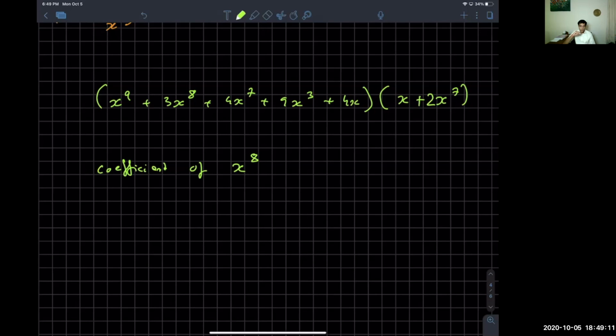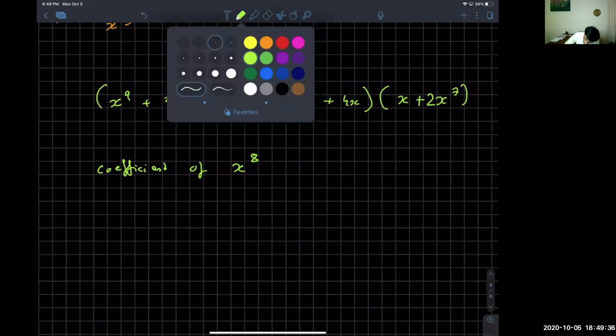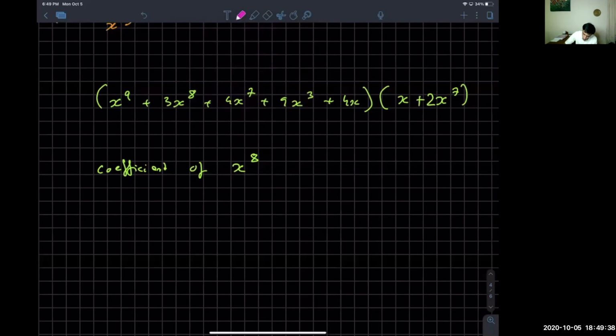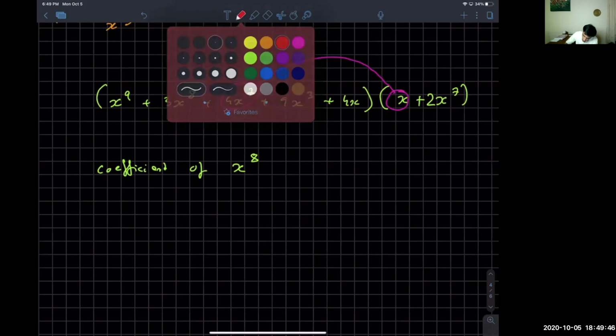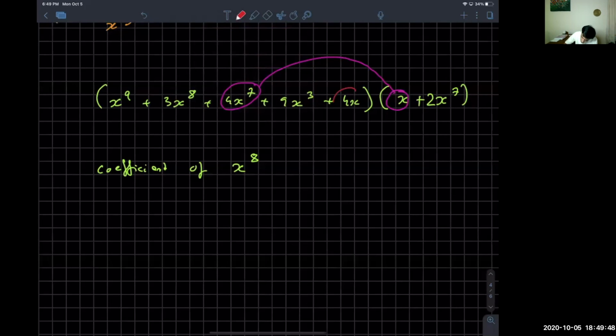Can you do this for a second? What's the coefficient of the x to the power 8 term? Okay, so to do this, there's 2 ways we can get this. First is we multiply 4x to the power 7 times x, right? And the second way is we multiply 4x times 2x to the power 7. These are the only 2 ways to get, in this expansion, the coefficient of x to the power